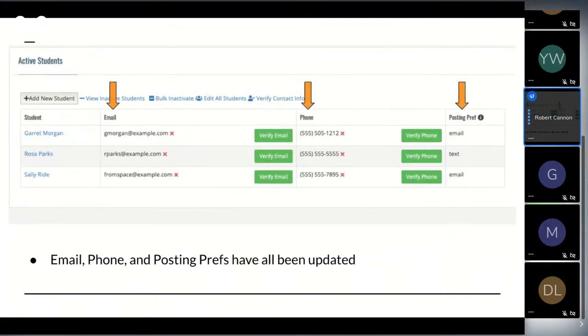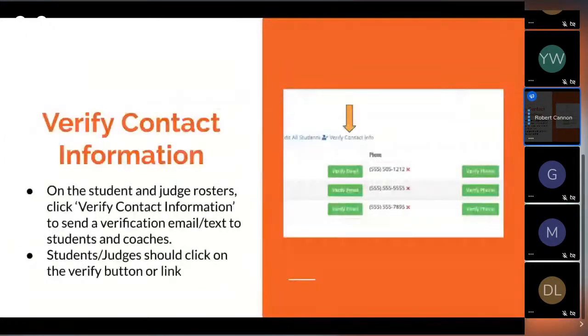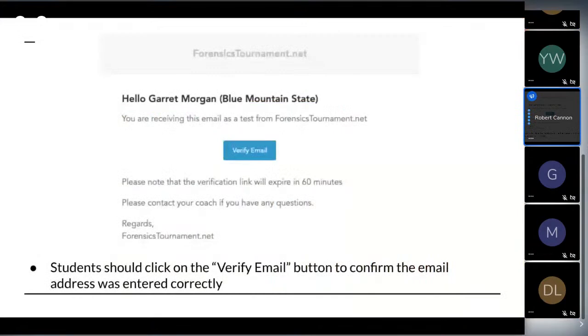You can see as well that on the roster for the coaches, it's a reflection of everything. It'll show the email, it'll show the phone number. And then the next important step is to verify it. So coaches can click this button called Verify Contact Info. And this is now a message that's sent via email or via text to the competitor or the judge, letting them know, hey, you need to click this Verify button to make sure that we're in good communication between the